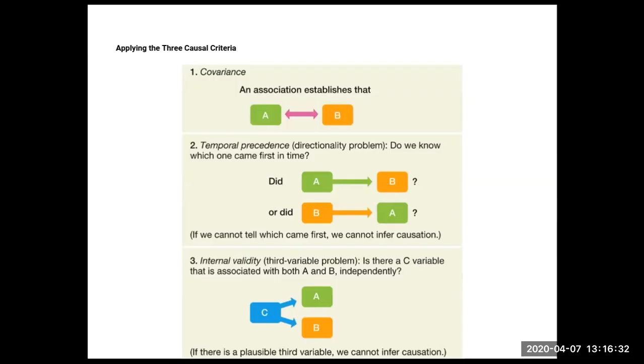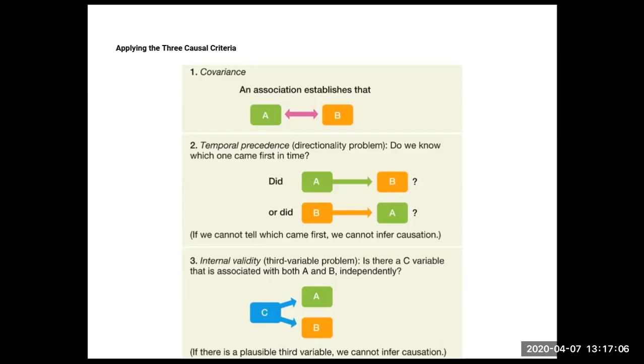Number 1 is called the rule of covariance. Is there some sort of relationship between variable A and variable B? If there's no relationship, you don't even have a correlation. In this case, we don't have to specify the type of relationship, but there has to be some association, some relationship between A and B. And if there is, then we have a correlation. So if number 1 is met for covariance, this still is considered a correlation.